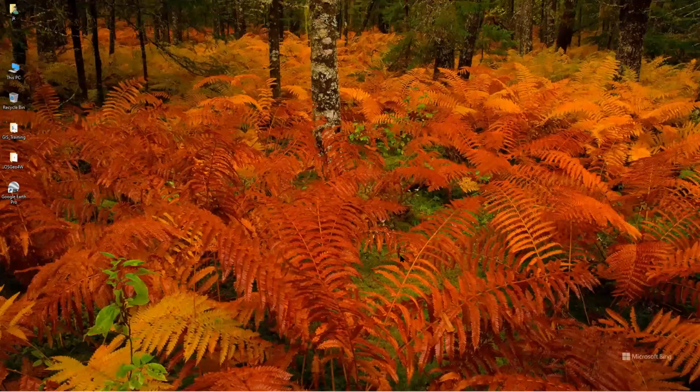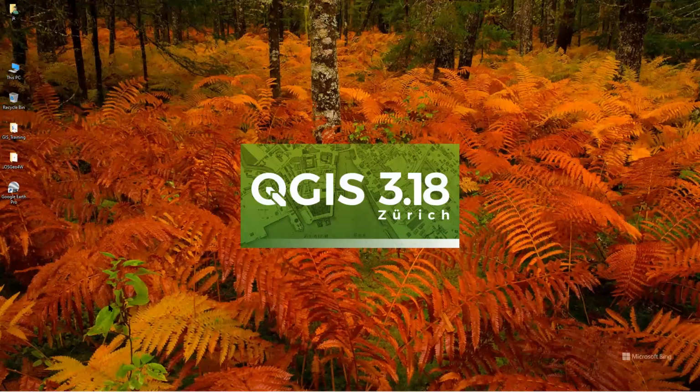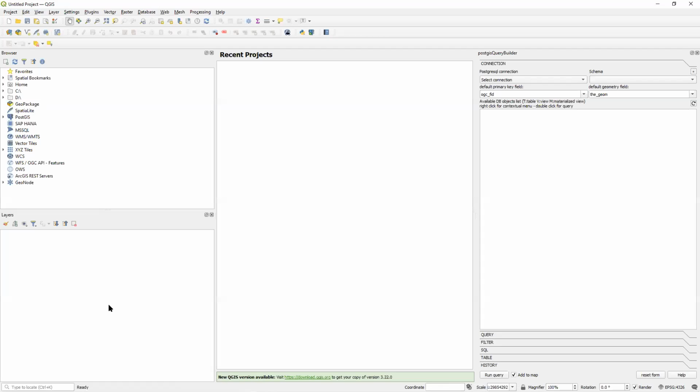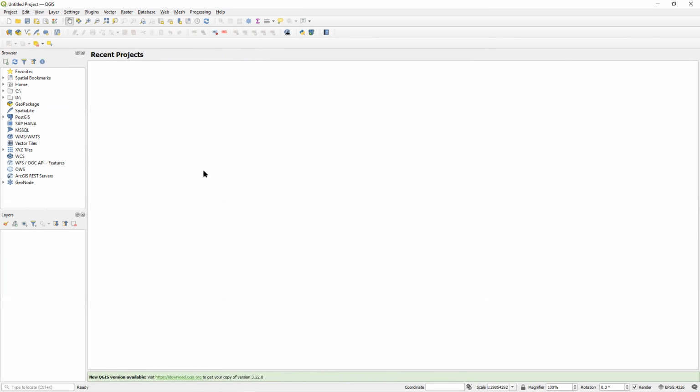So I believe that you can see my desktop. The first thing I'm going to do is open QGIS. Yeah, so I've opened my QGIS, and the first thing I'm going to do is import